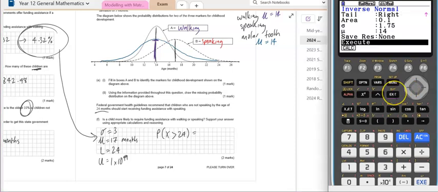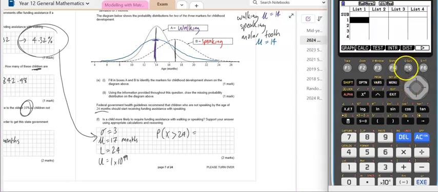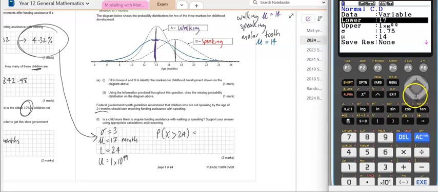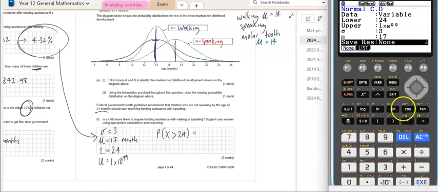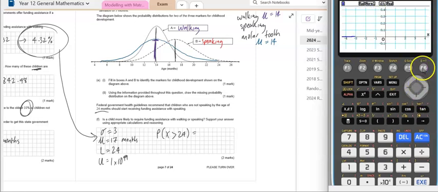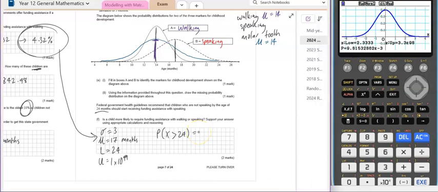What does that equal to? Right, let's have a look. Head back. We're out of the inverse of normal, and we're heading back into the normal cumulative distribution. Here we're setting our lower boundary to 24, our upper boundary to 1 times 10 to the power of 99. The standard deviation here is 3. The mean is 17. And let's go ahead and toggle down and see what that looks like. And there you can see that P is now equal here to